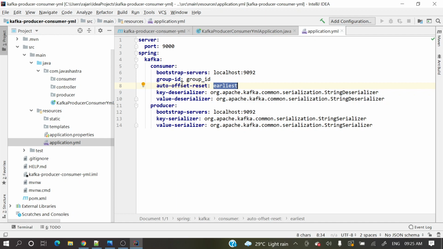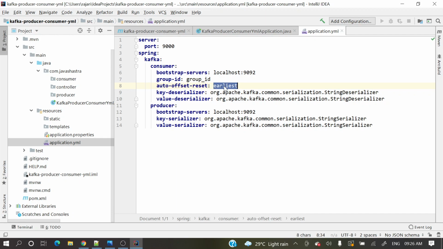Suppose you are reading some messages, something went wrong, and you want to read again and continue. From which message do you want to continue? From the start, or from where you left off, or from where the problem occurred? From there you need to read.